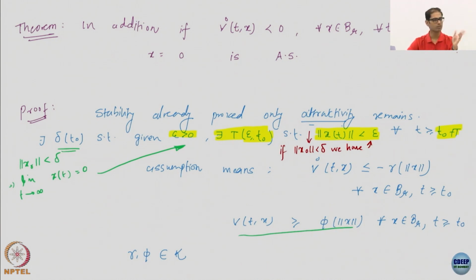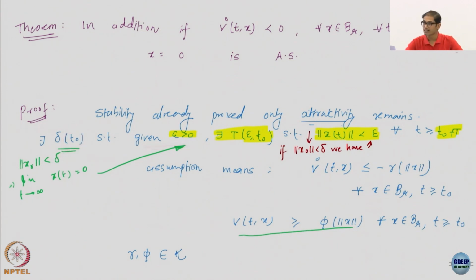Equilibrium, so we assume 0. So, we go to 0. This was attractivity. That was a limit based definition. Now, I am not defining it using the limit symbol, but I am writing the equivalent thing here. How do I say it? Attractivity is stated as there exists a delta which could be potentially depending on initial time, such that if you